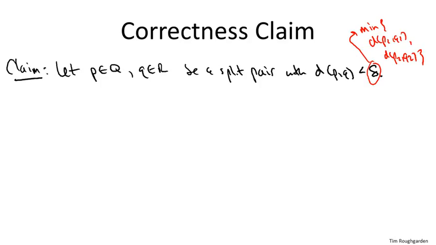So if there's a split pair with distance less than delta, this is exactly the unlucky case of the algorithm. This is exactly where neither recursive call successfully identifies the closest pair of points. Instead, that closest pair is a split pair. On the other hand, if we are in the lucky case, then there will not be any split pairs with distance less than delta, because the closest pair lies either all on the left or all on the right, and it's not split. But remember, we're interested in the case where there is a split pair that has distance less than delta, where there is a split pair that is the closest pair. So the claim has two parts. The first part, part A, says the following. It says that if there's a split pair P and Q of this type, then P and Q are members